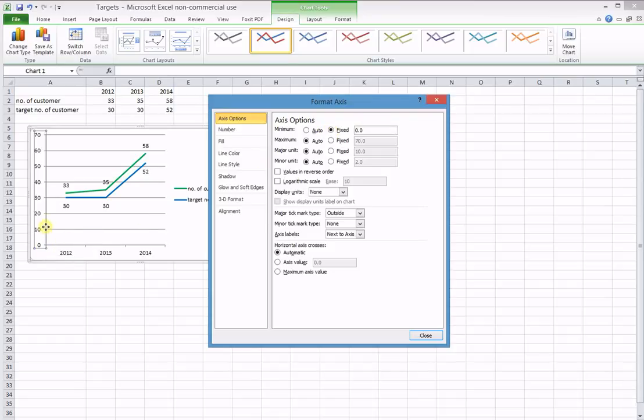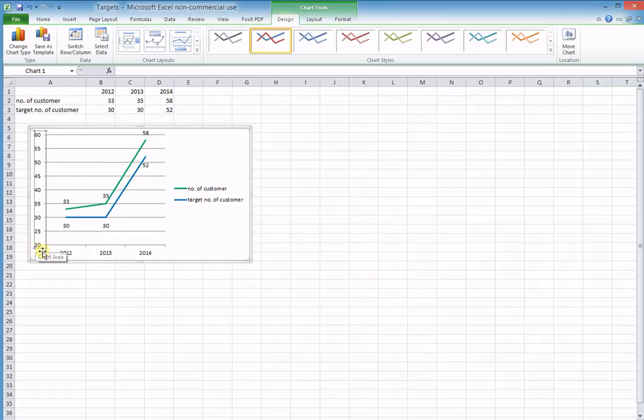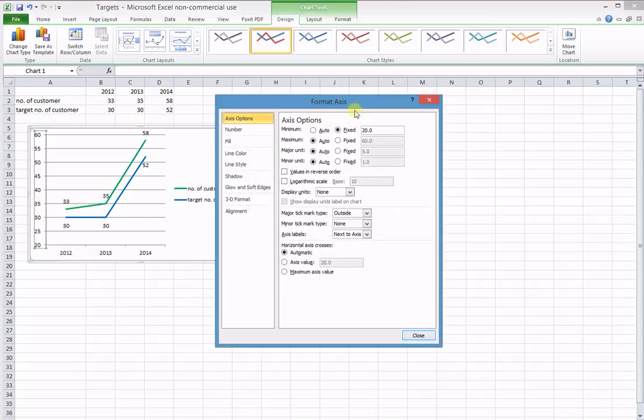I can change the data to start from 20, for example. And then you see now we started with 20. I go back, I change it, I can change the maximum to 100. I can do it, I do not need to do it one by one. I can change it in one go, 30, right? And then because the interval is 10, you see that the interval is 1 over here, the major unit,